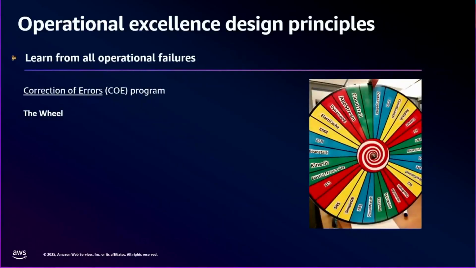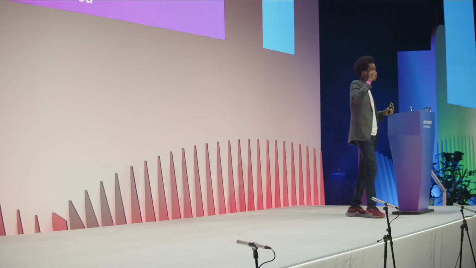On correction of errors, at Amazon, you might have heard of the weekly operations meeting that we have at Amazon. It's a Wednesday meeting that happens US time, and it's run by our service team, and it's actually attended by service team leadership up to the senior vice president level, right? What that shows is the level of commitment Amazon has to resilience.